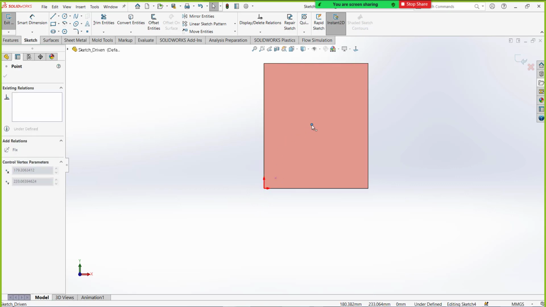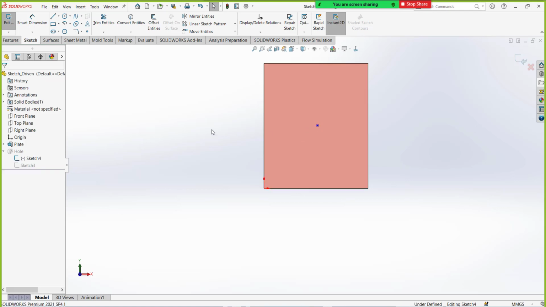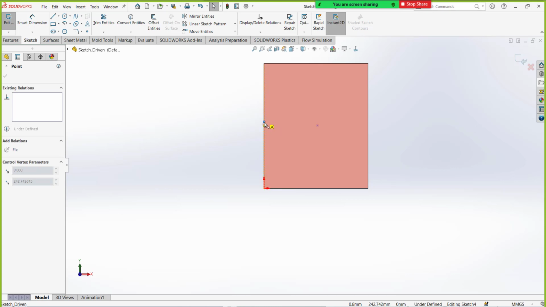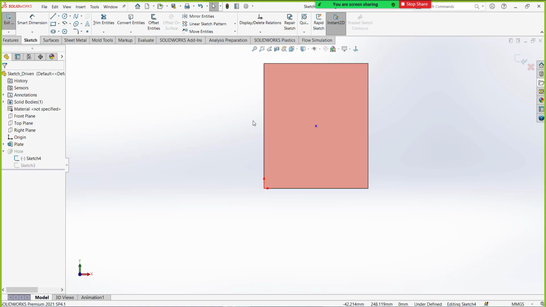I'll simply drag and drop this point here, center. You can even track like this from here as well as from here for your convenience. Remember that shortcut.